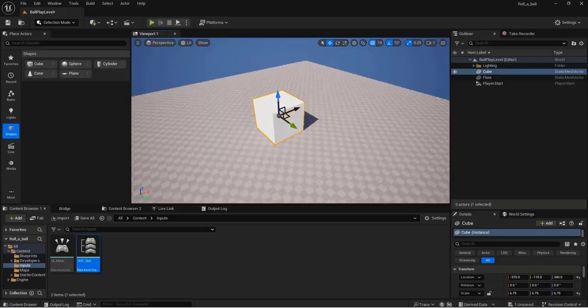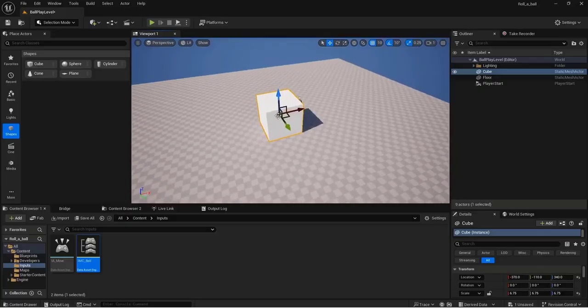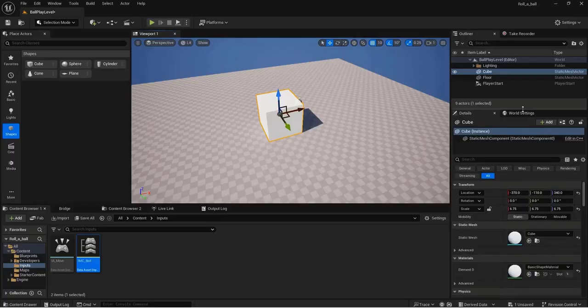So my orientation here is X, Y, and Z. So X is the red arrow, Z up is the blue arrow, and Y is the green arrow. So if I look at my orientation,